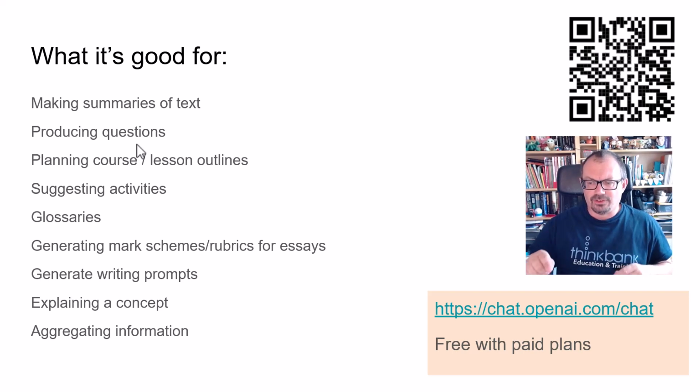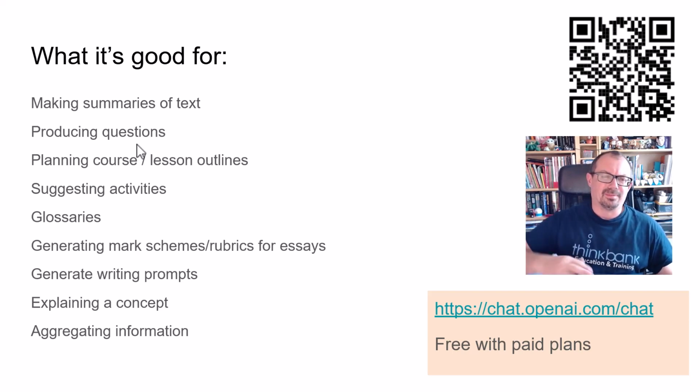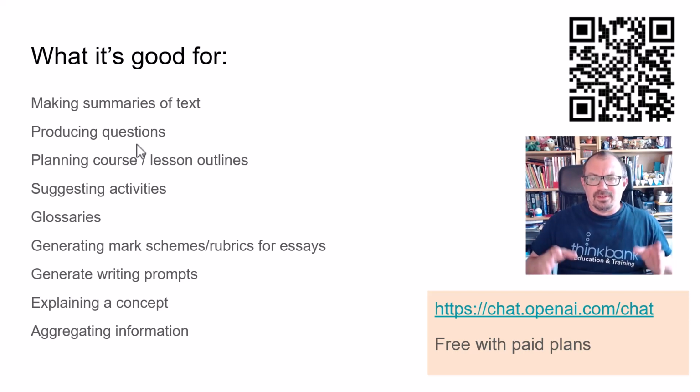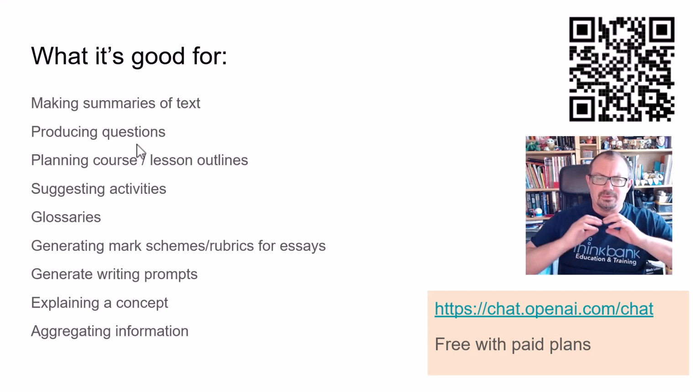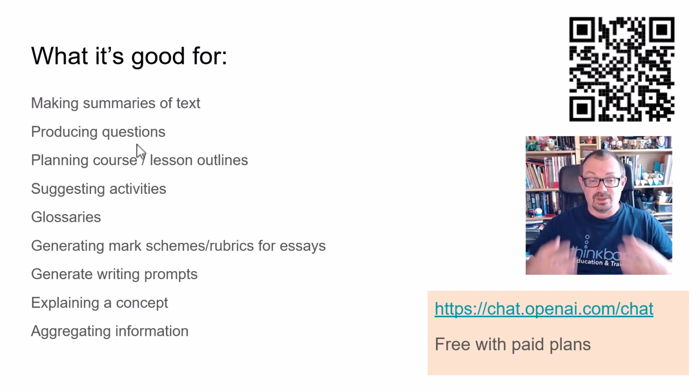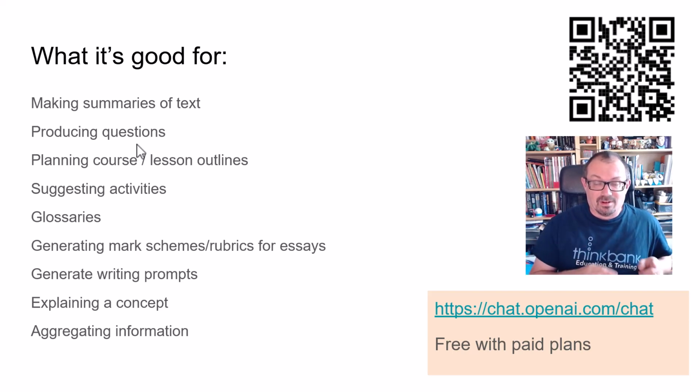In summary, ChatGPT, there's the address. It's free if you want to tinker, just go to that address and have a play. If you want to go into it with the full proper 4 version, which is internet enabled and so on, then that costs about $20 a month, so about £15–16. As someone involved in education, it's blown my mind. I think there's some amazing things it's going to do, and as educators we need to really be aware of it. I'm really aware I've got over double what a TeachMeet talk will be. I've slowed down a bit, but I just wanted to go through all of this.